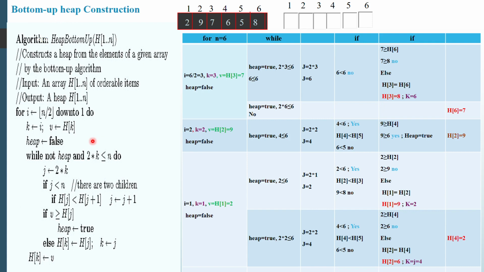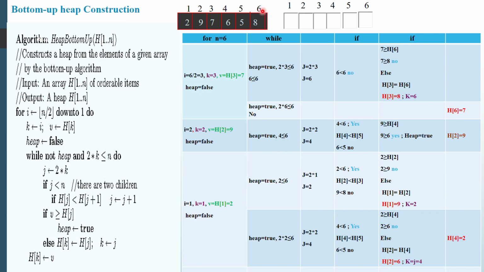In the last video, you wrote the algorithm using only natural language. Now we'll see the same procedure as pseudocode. Let's see how the pseudocode works. The algorithm is named HeapBottomUp, and H is an array. As I told you, a heap tree is in array form, a one-dimensional array, and this is your input. That array is represented using H, and the index runs from 1 to n.